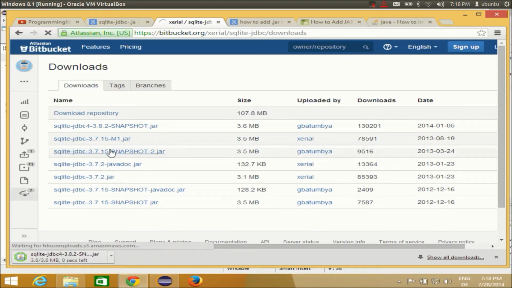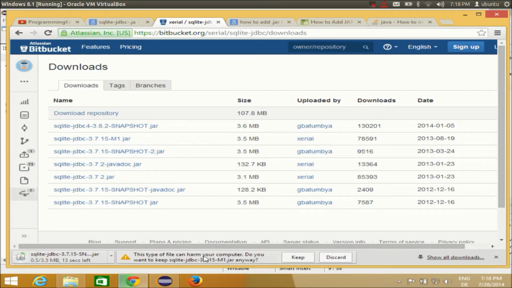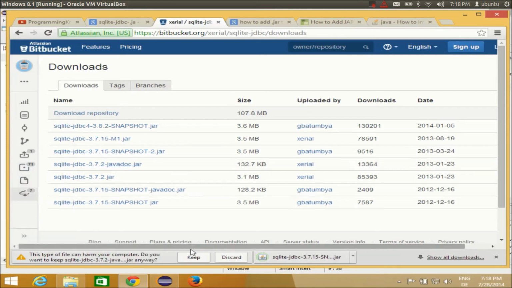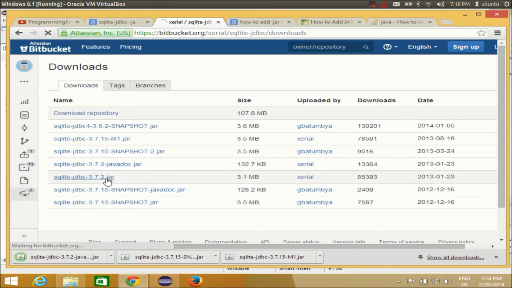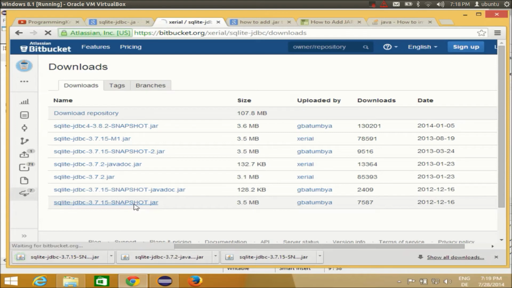Second one, and the third one, I will keep it all. Keep. And the fourth one, keep it. Fifth one, and it will be downloaded. And the sixth one, and the seventh one. So I will download all these